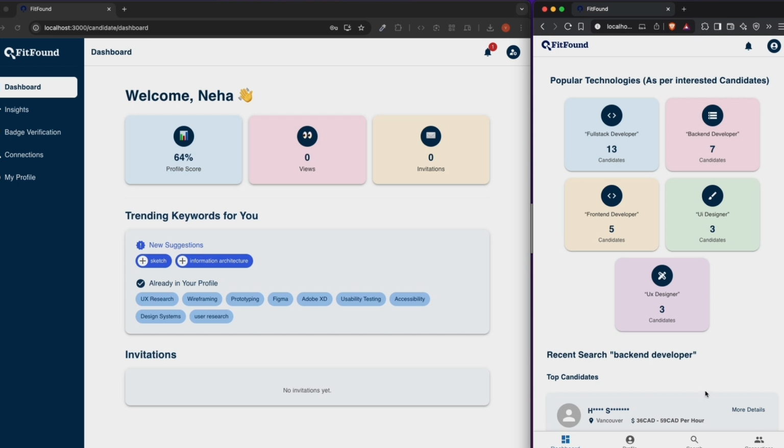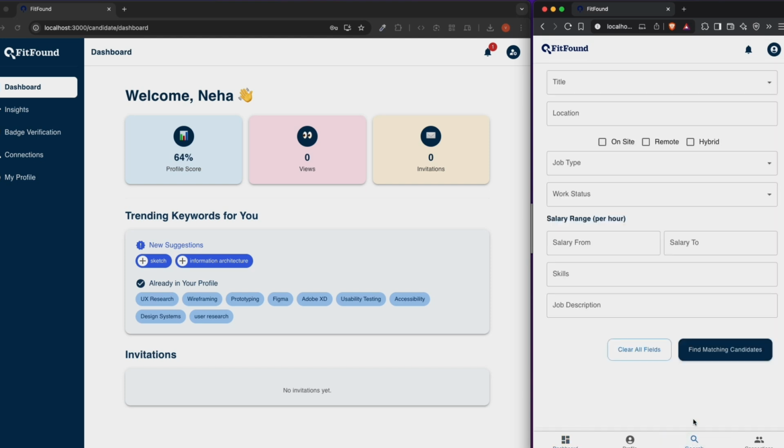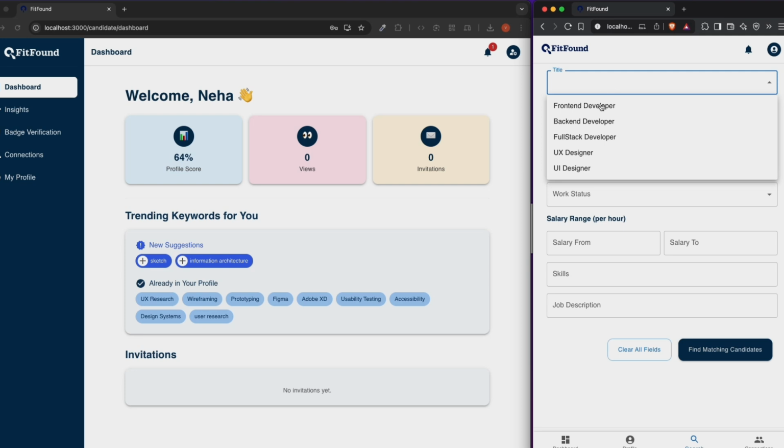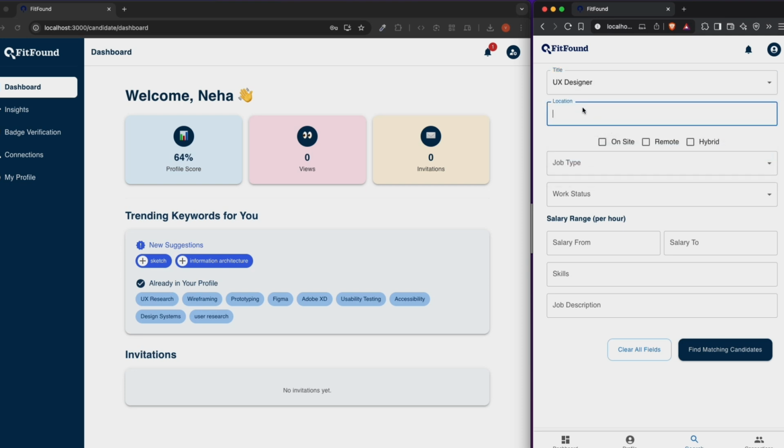Over here, you will be able to see the available candidates for the available roles. Now let's hire a candidate. We'll go to the search bar and fill in all the mandatory details. When we select a title, our skills will be pre-filled.